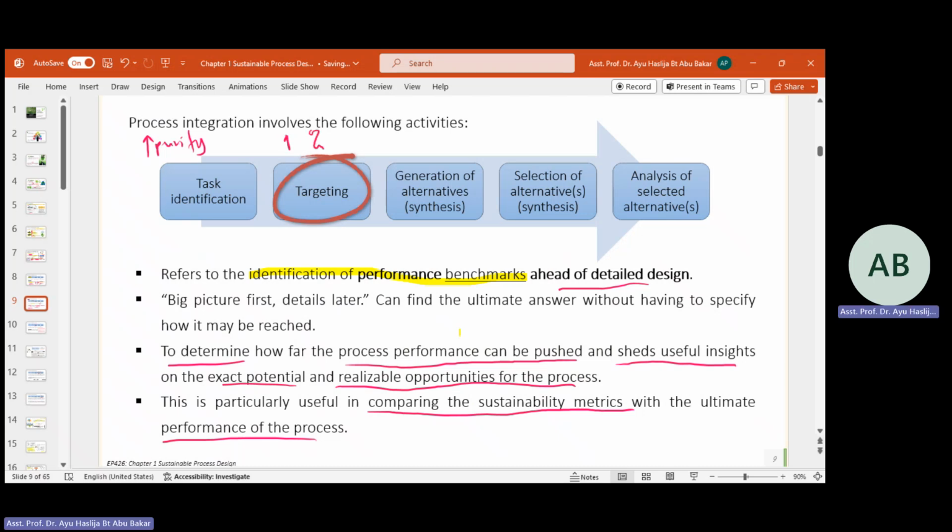Okay, percentage. What is the percentage? Then amount. Then what is the cost? Basically the cost, amount and percentage. For example, this is for purity of the product. Okay, then